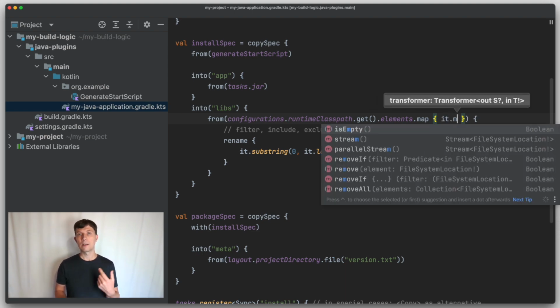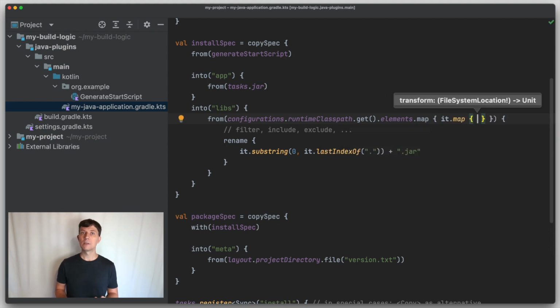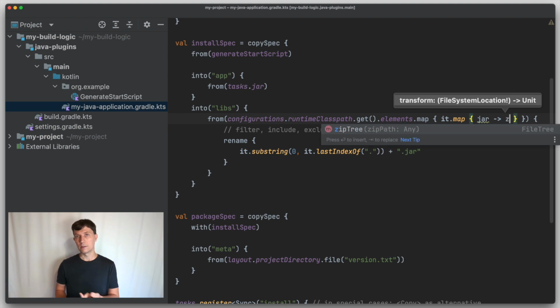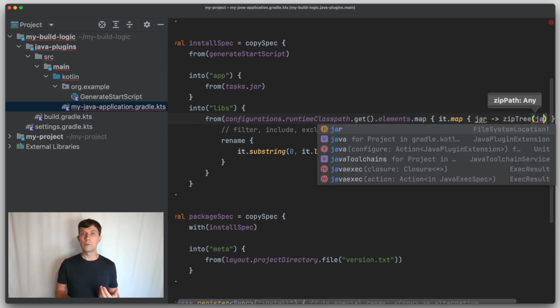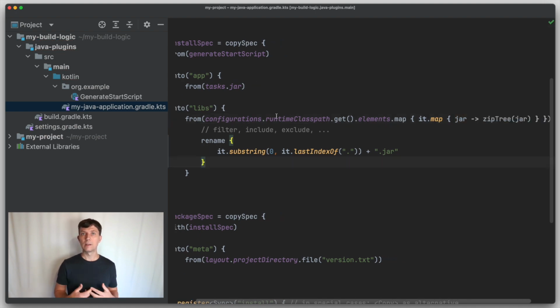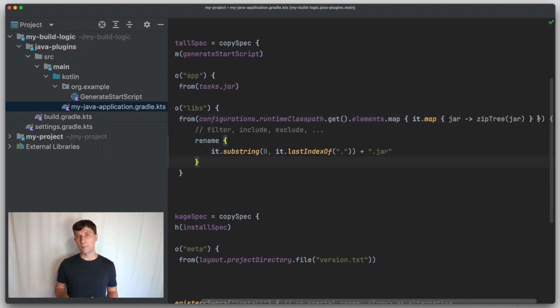And then we can write a mapping function to map each single zip file lazily to the content of the zip file. So that in the end, in the final location, we will get the extracted class files instead of the jars. For more information about such mapping functions, see the previous video about the provider concept in Gradle.